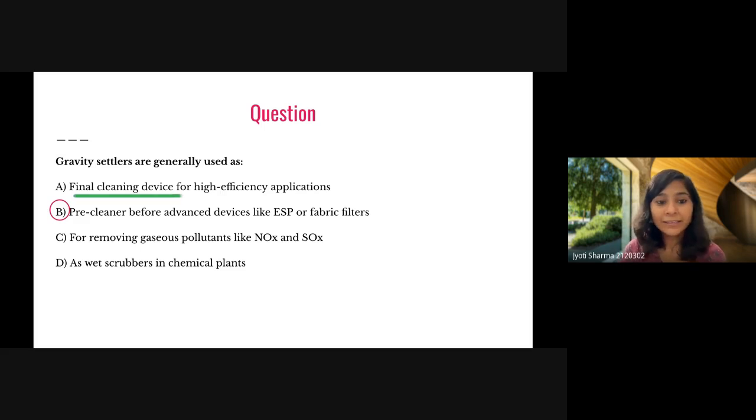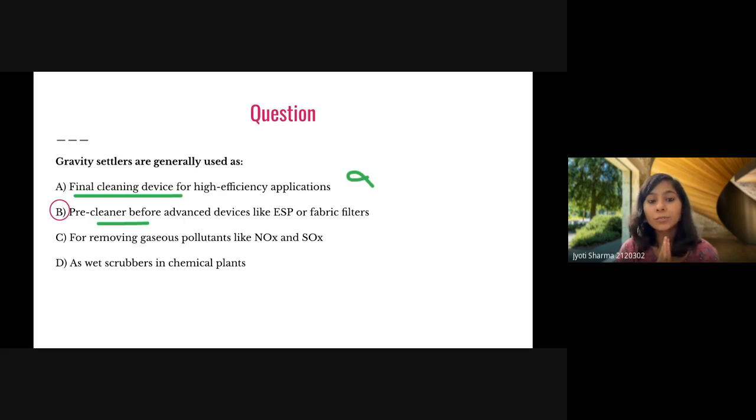Final cleaning device? No, this is not a final cleaning device. Why? Because a gravity settler is only used for particulate matter whose size is very large. But what will happen if you want to remove particulate matter that has a very small size? So this is not our final cleaning device, but a pre-cleaner, because whenever we use ESP or fabric filter, that can be